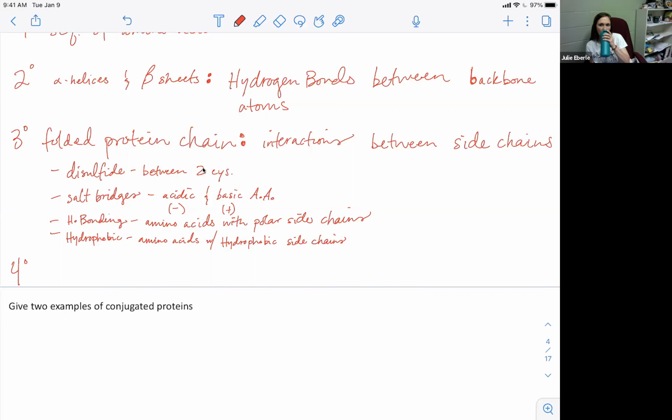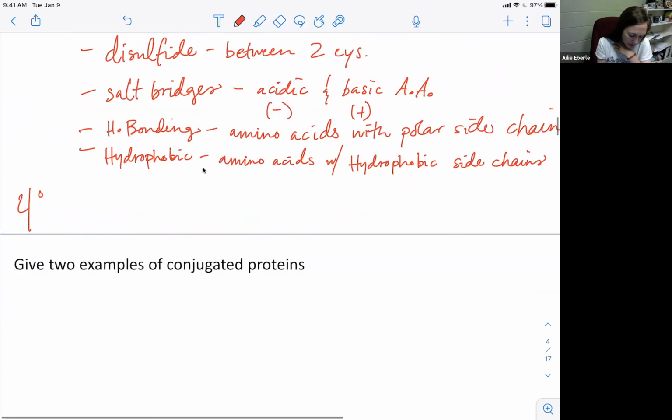Is it a bunch of 3D things together? This is where you start to get folded protein chains in their tertiary structure, and then you have multiple chains bonded together. So hemoglobin, collagen were examples of proteins where we said they have really dynamic quaternary structure. I'll say multiple folded